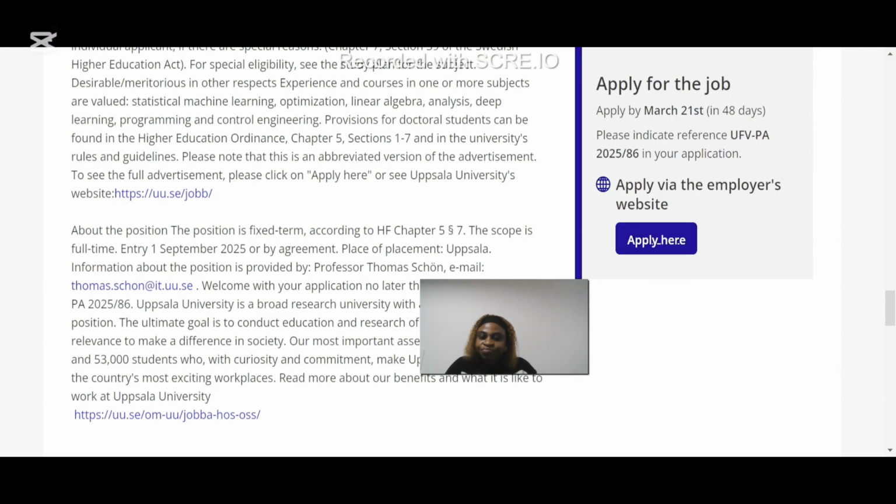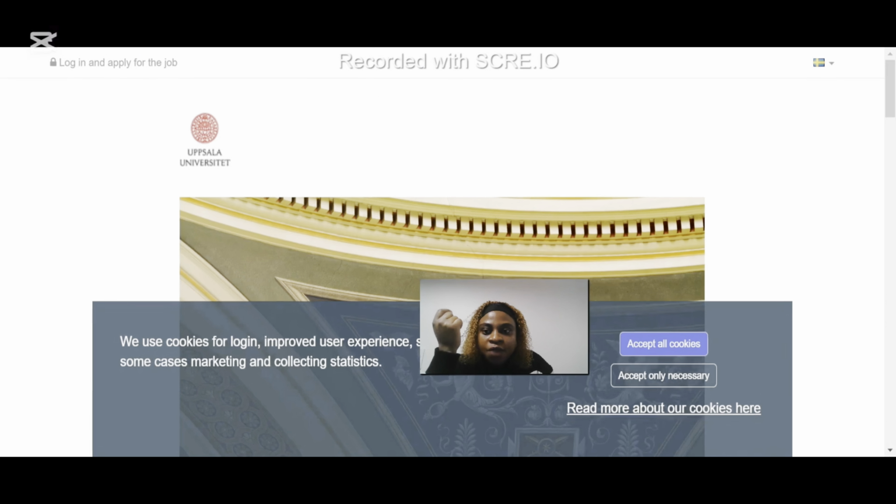You see? And if you need information about the placement in Uppsala, information about the position is provided by Professor this, and the email is this. So you can write to the professor too. If you want to write a cold email to the professor, you can write it and let the professor know. Then you click here to make your application. So I've clicked, you see,